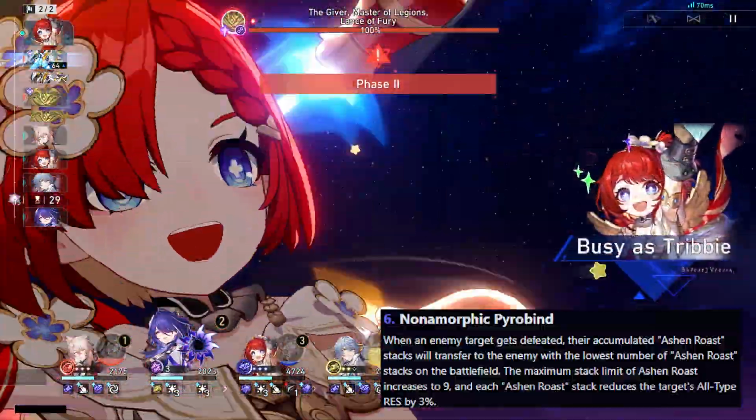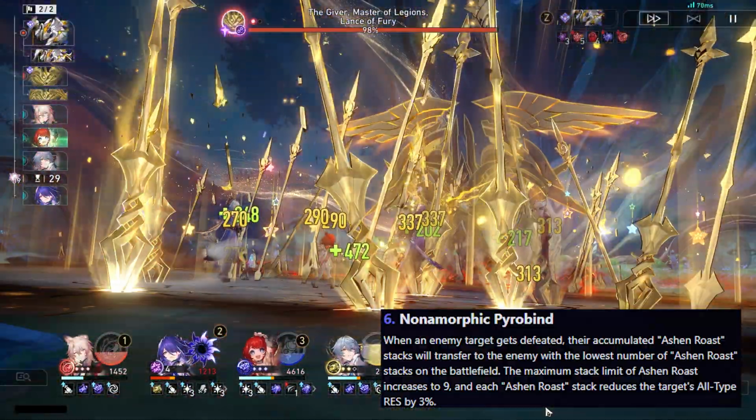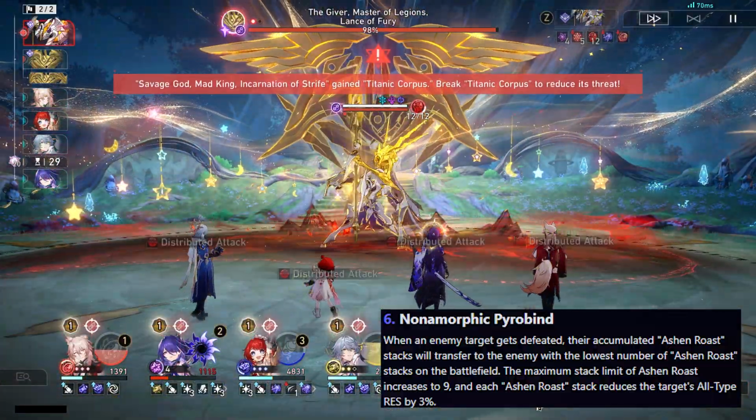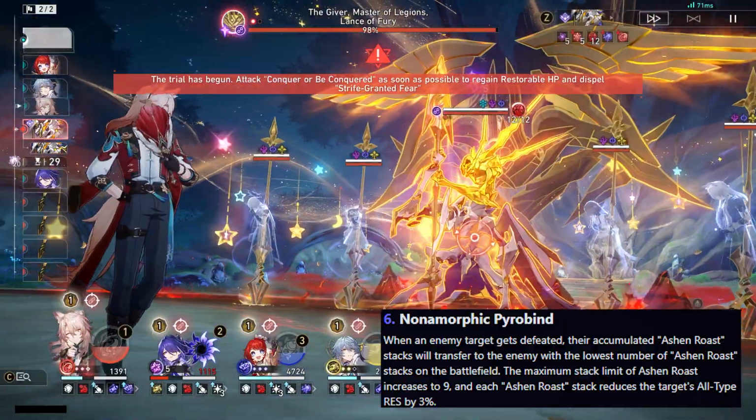And that is E6. When an enemy target gets defeated, their accumulated Ashen Rose stacks will transfer to the enemy with the lowest number of Ashen Rose stacks on the battlefield. The maximum stack limit of Ashen Rose increases to 9, and each Ashen Rose stack reduces the target's all-type res